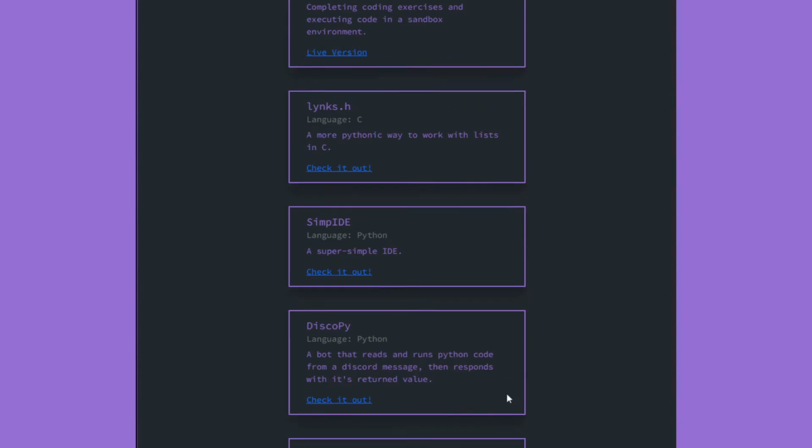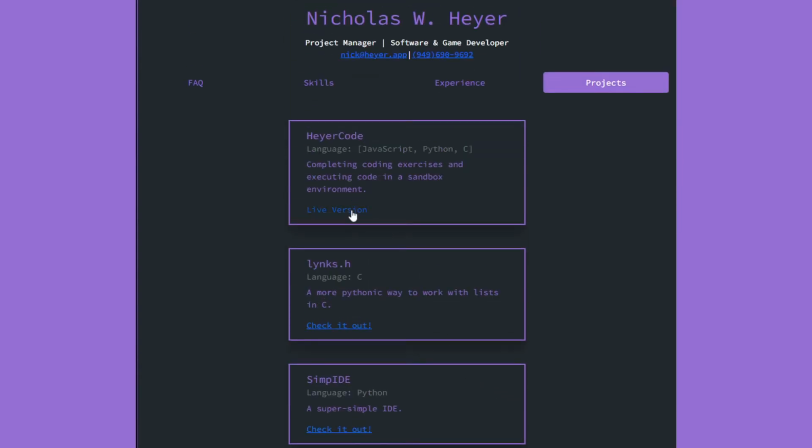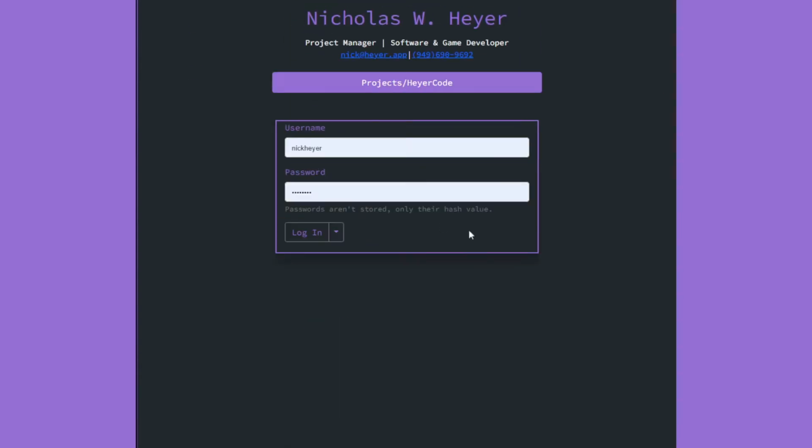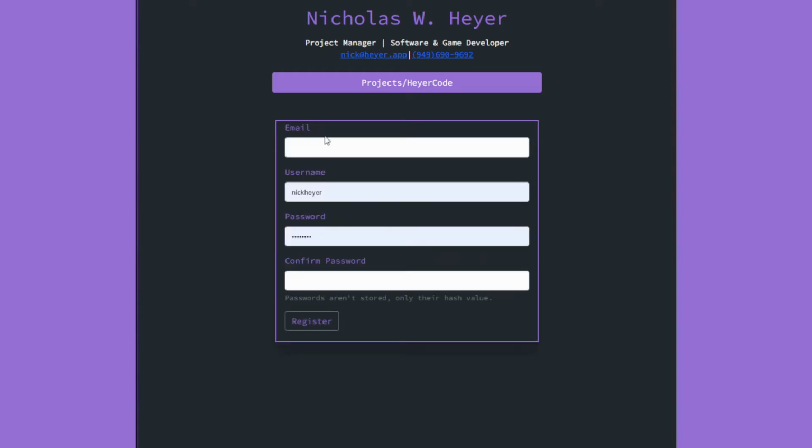HeyerCode is many things. It's a containerized code running environment for 27 different coding languages, both compiled and interpreted. It's a learning tool for bridging the gap between different languages while being able to experiment with them in a hassle-free space. It's a code execution API for running code remotely and safely through other applications without any complicated file handling. And finally, it's a competitive coding gauntlet, where people may compete for the shortest time required to achieve all 10 stars.